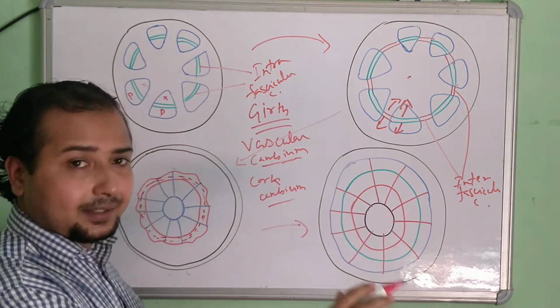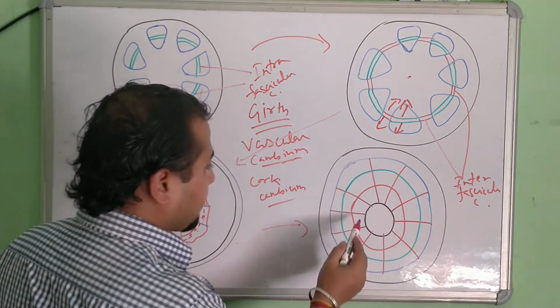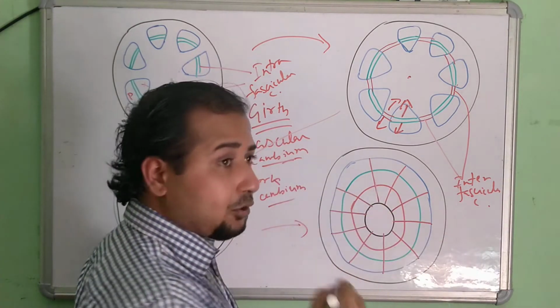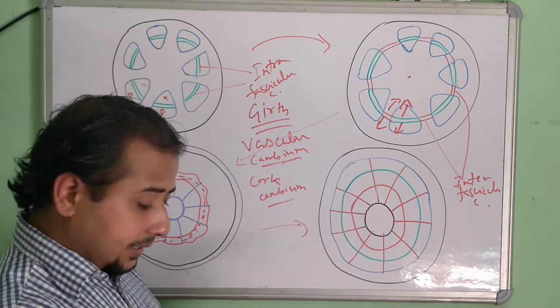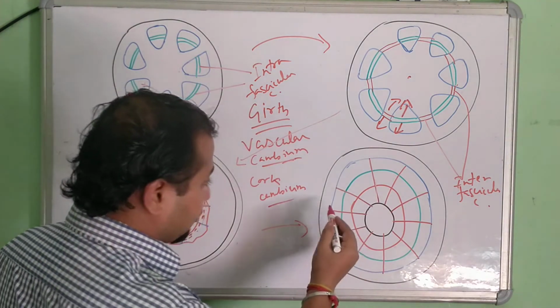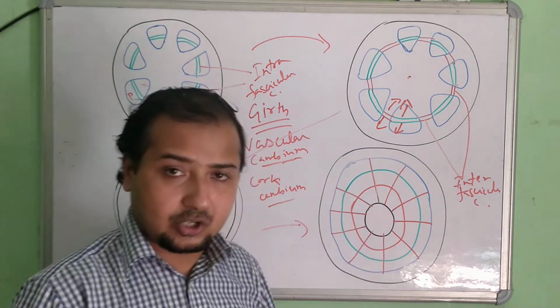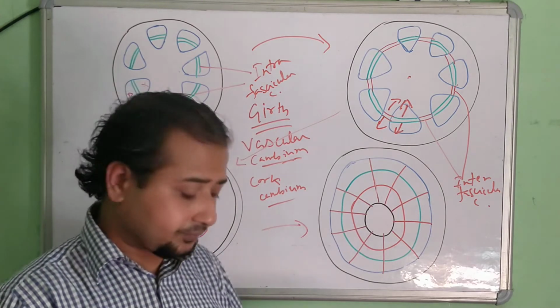This is the fourth diagram of the maturation stage. Okay, the cambial ring forms line-like structures from the center to the outside. The tissues are known as medullary rays, you can say. Okay, so the medullary rays develop here from the center to the periphery. This is the fourth level of developmental structure of the stem, the lateral growth.